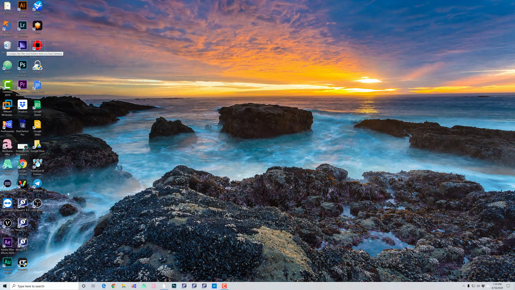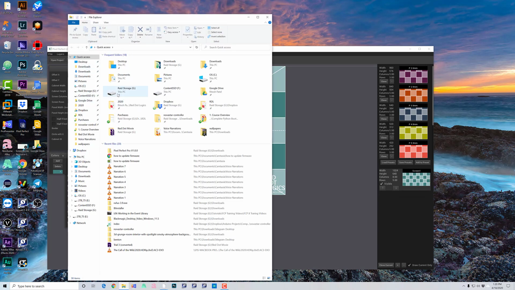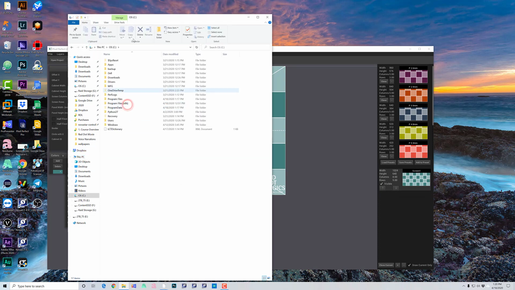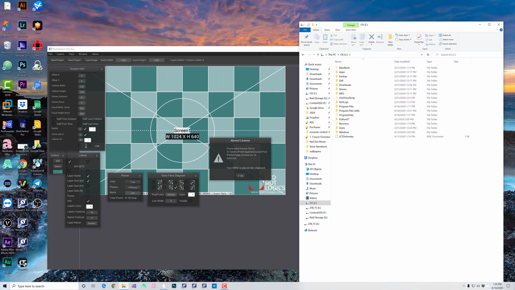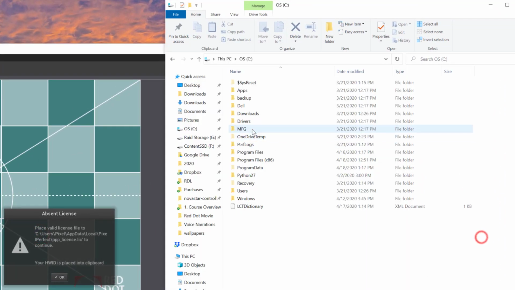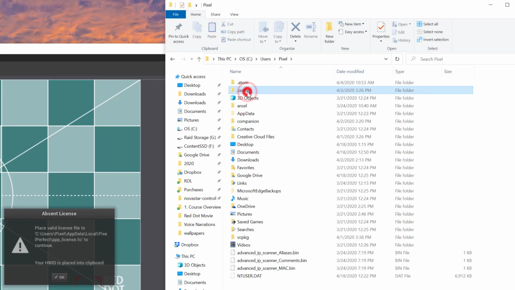So now, first thing we want to do is, if you have the software open again, it will tell you exactly where that file needs to go. So I'm going to go ahead and open up this directory first. So open up your folder, and we're going to go into This PC and the C drive. Once you're in the C drive, it's telling you to go to User, which in my case happens to be Pixel. So we're going to select that,